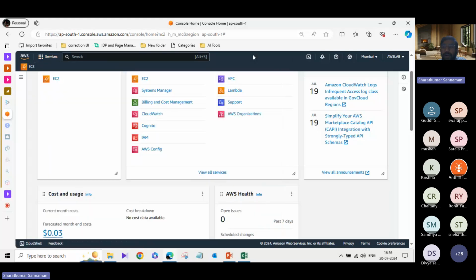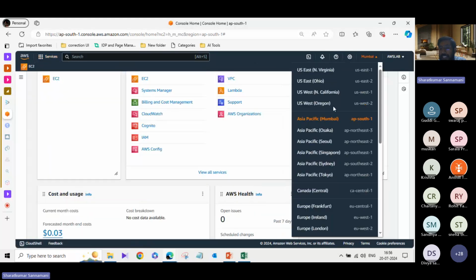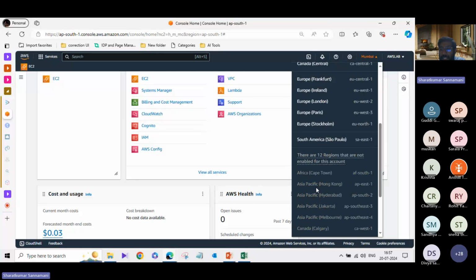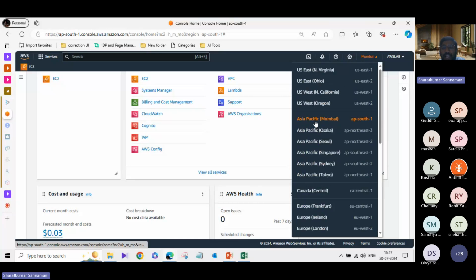Apart from this, you will be able to see the regions here. We just discussed what a region is, segregated by continent, like Asia Pacific one continent, US East one continent, Canada one continent, Europe or South America. Again, in a region they have different availability zones, but it is not visible here, because while creating a resource you need to select that availability zone.